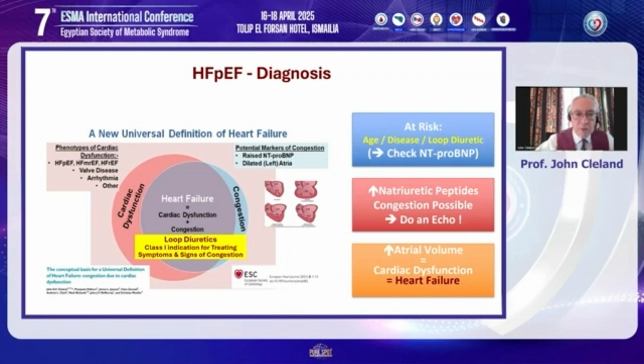Remember that loop diuretics have a class 1 indication for the treatment of symptoms and signs of congestion, so if you see anybody with a loop diuretic, they need to be investigated. We have many phenotypes of heart failure, but what we're now looking for to make sure that it's heart failure and not just cardiac dysfunction is evidence of congestion. And the thing that really helps us here is the NT-proBNP, so raised NT-proBNP, and then you want to confirm that with an echocardiogram and